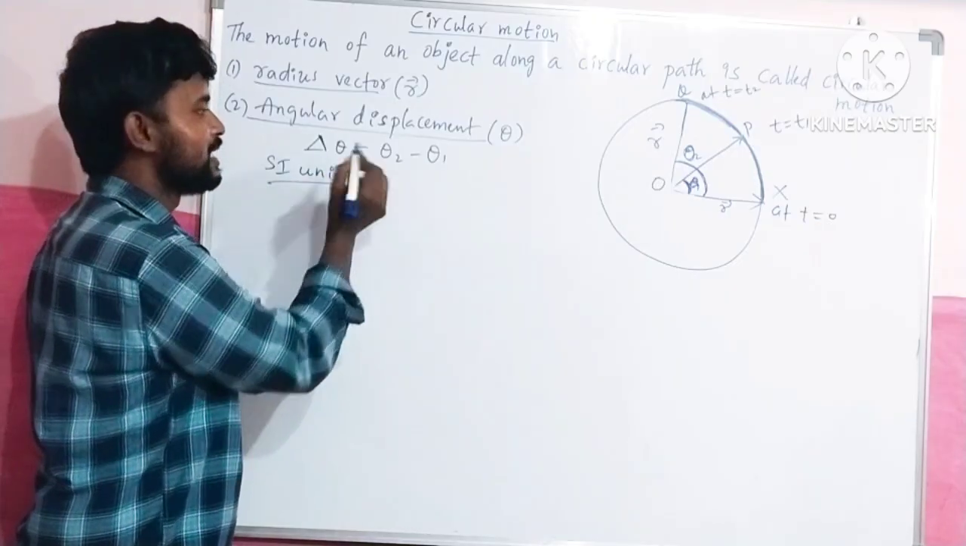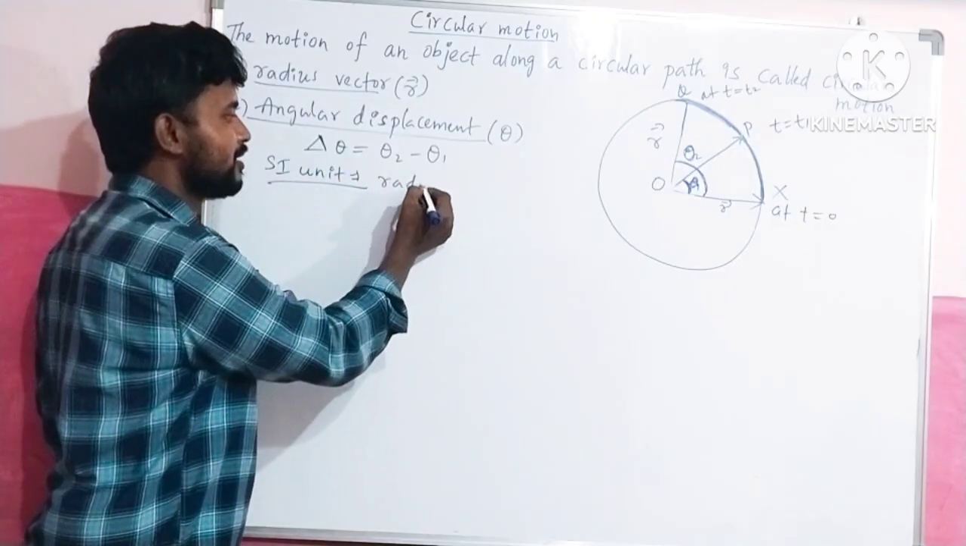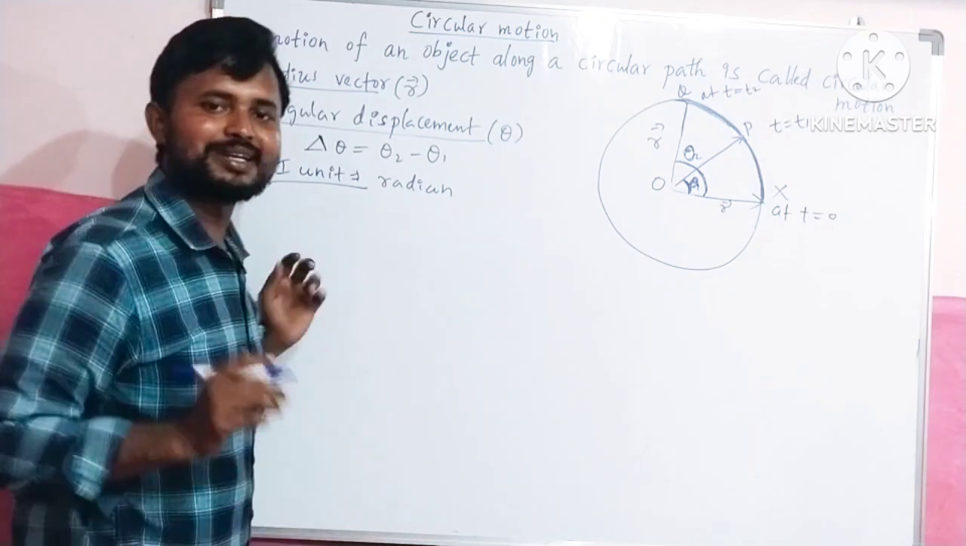The SI unit of angular displacement is measured with radians. Angular displacement is measured with radians,